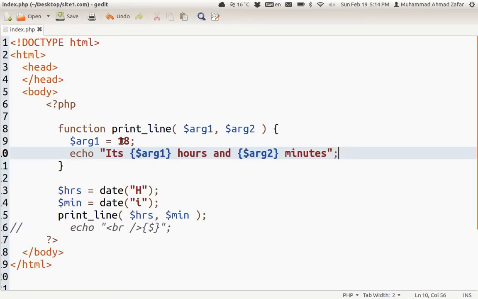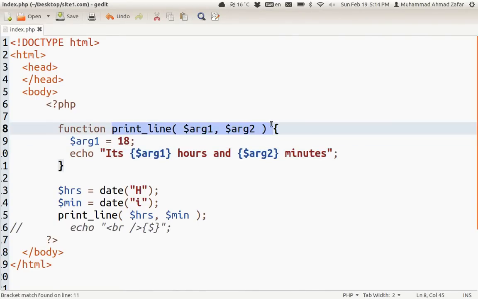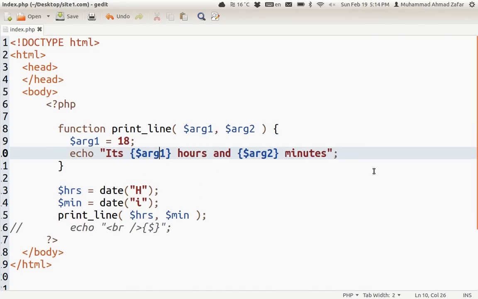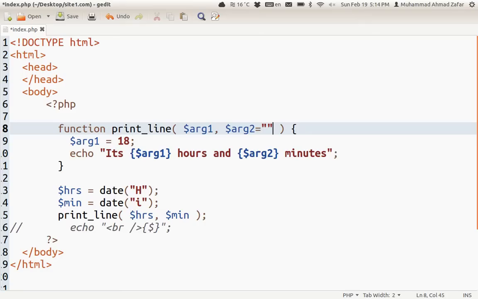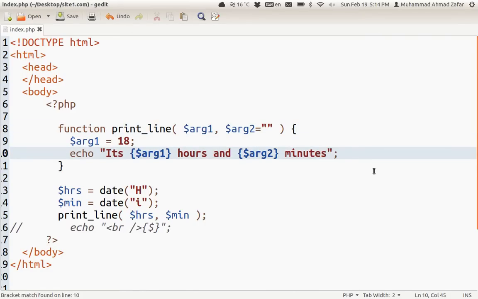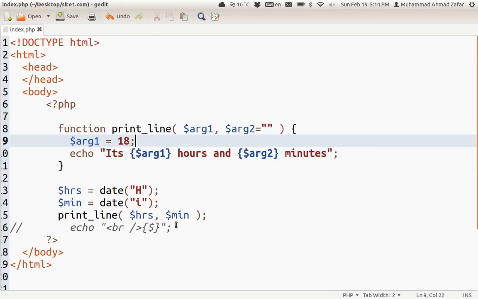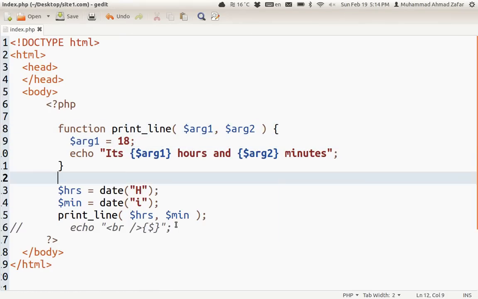In the case I am talking about, for each language we have to cater for that particular set of function or overloaded function. So each function will have a different body. But in case of PHP, what we have is something called default values for parameters. So now this will work. Let me demonstrate before